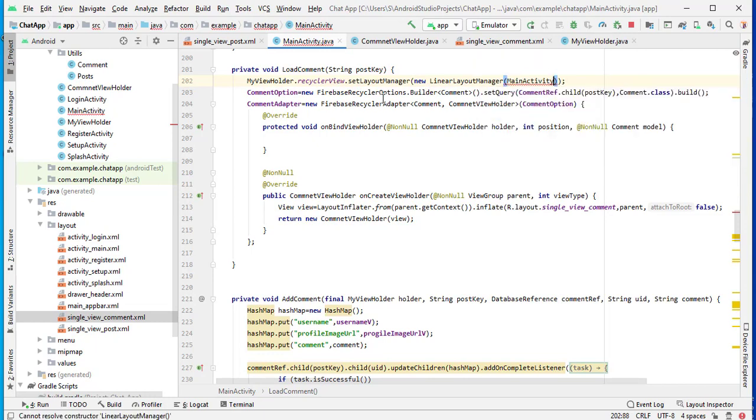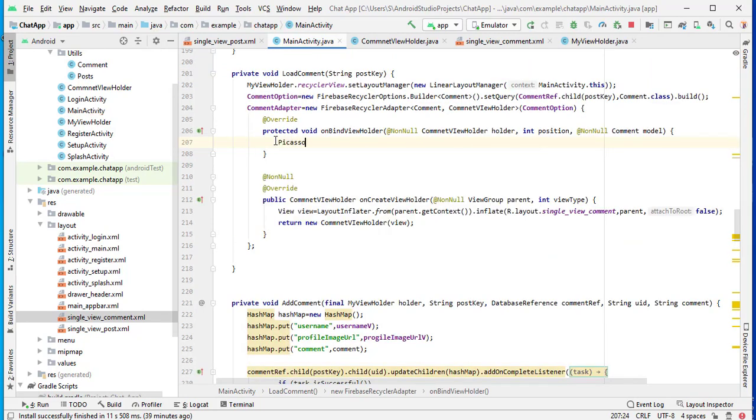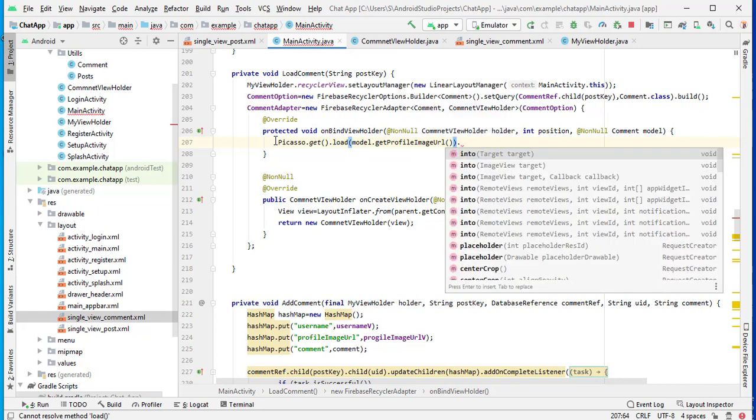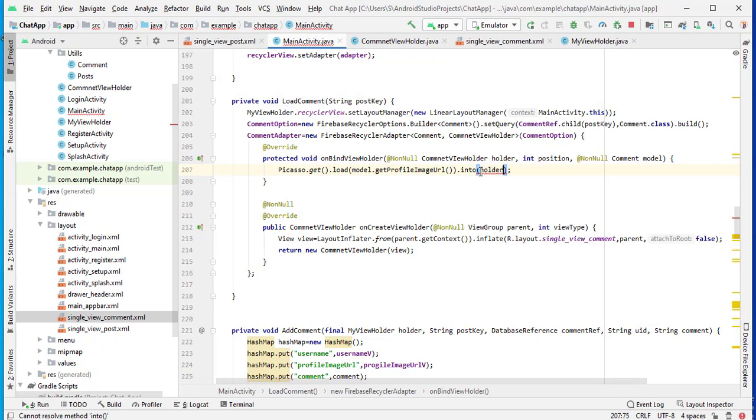So here we will pass main activity dot this, and now we will assign the data. So here we will use Picasso dot get and load. Here we need to pass the URL. So model dot get profile image dot into, and here we pass holder dot profile image.